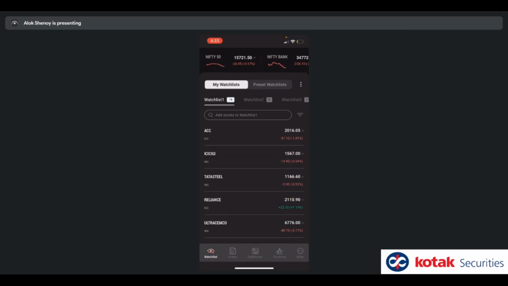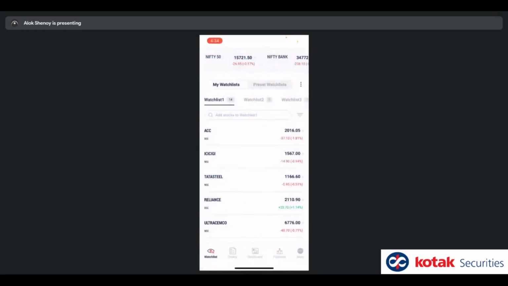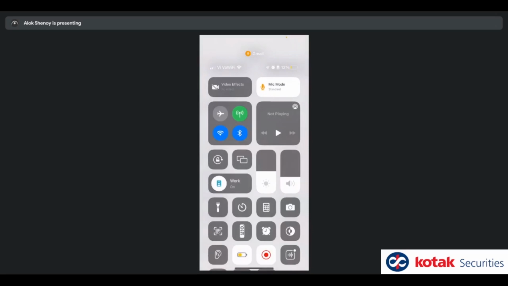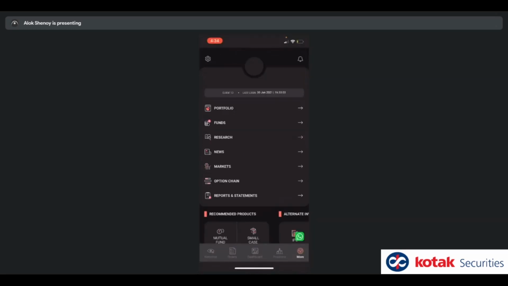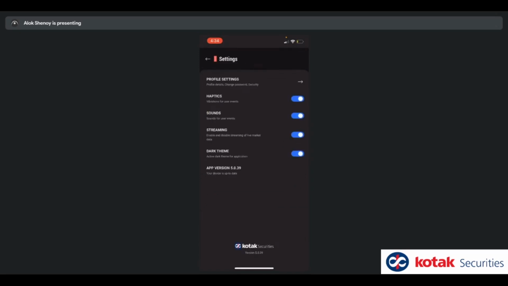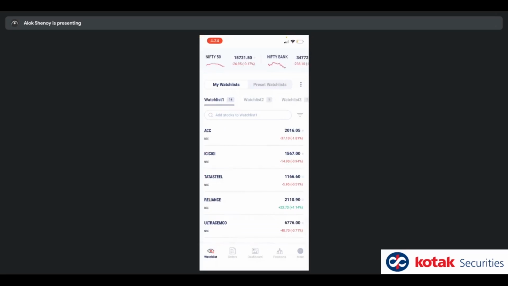My phone is by default on dark theme. I am going to change my phone's default to light theme just to show you. This is the light theme that several of you will see by default. If you want to toggle dark theme or light theme, and you want the system to stay dark but you only want light theme inside the app, you can just go here, go to settings and you can turn on light theme from here as well. I will take your questions in a bit, guys. Please bear with me.